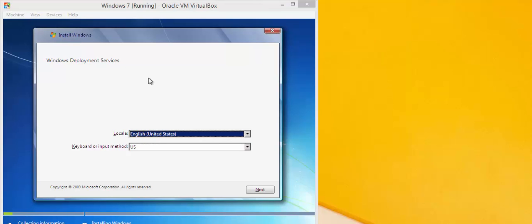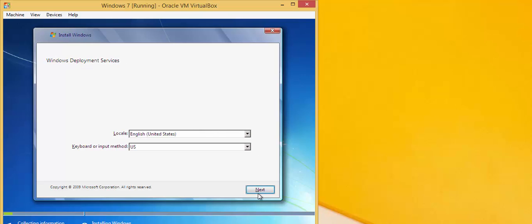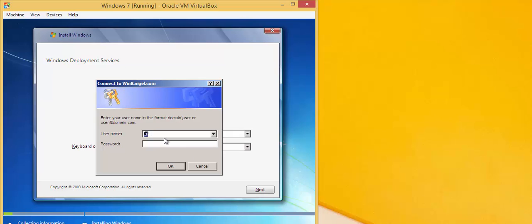Alright, and once this successfully boots up, you will see Windows Deployment Services here. Right, and we want to click next. Then it will ask you to log in. I'll log in as the administrator account at my domain and my password. Click OK,